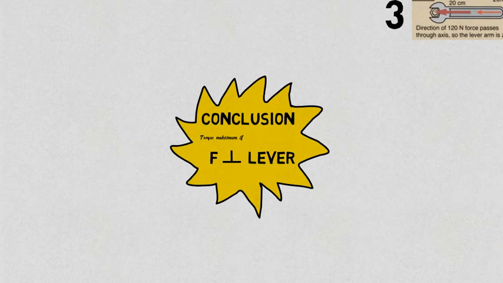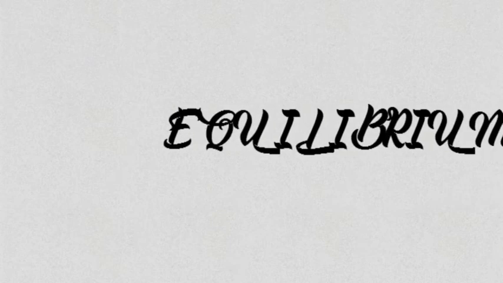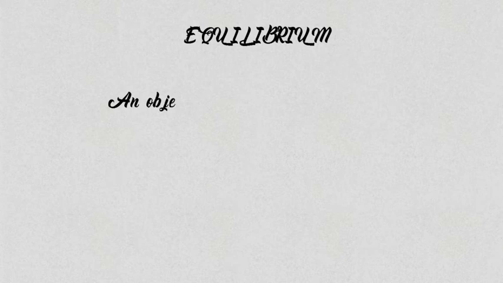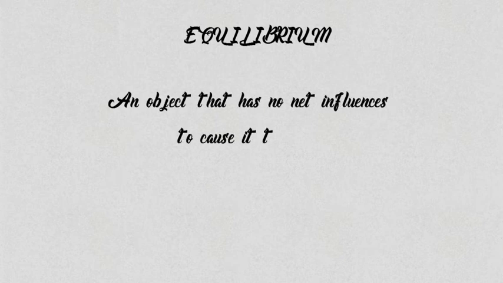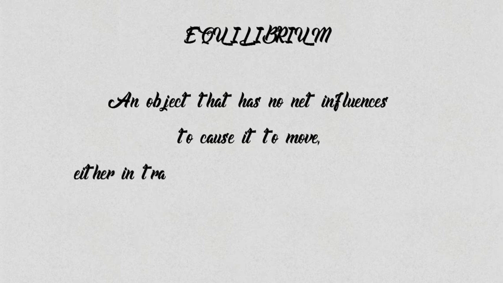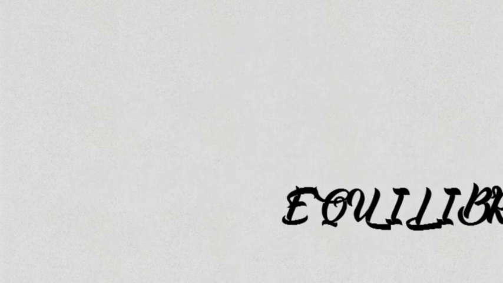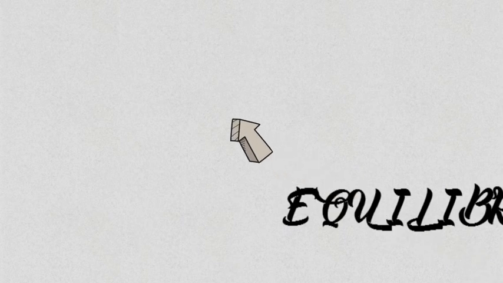Okay, that is the basics of torque. Now let's discuss equilibrium. What is the condition for equilibrium? An object at equilibrium has no net influence to cause it to move, either in translation, linear motion, or rotation. The basic conditions for equilibrium are: